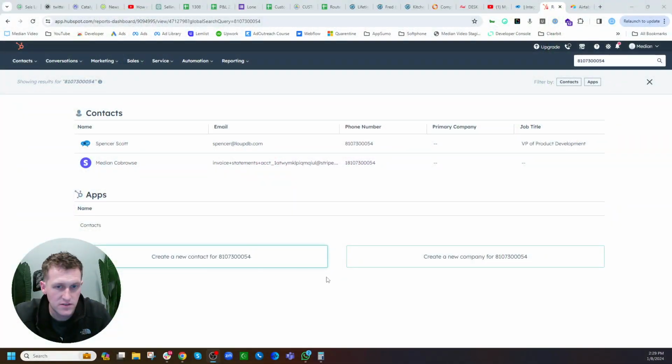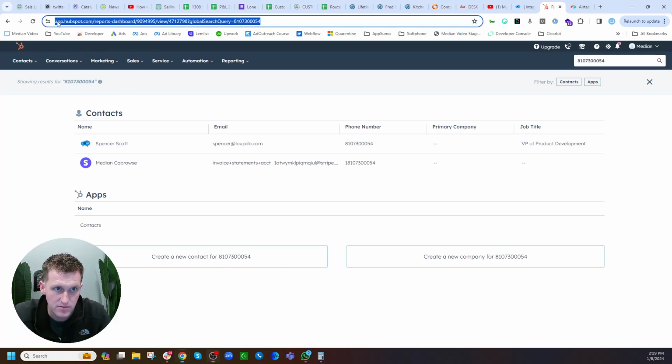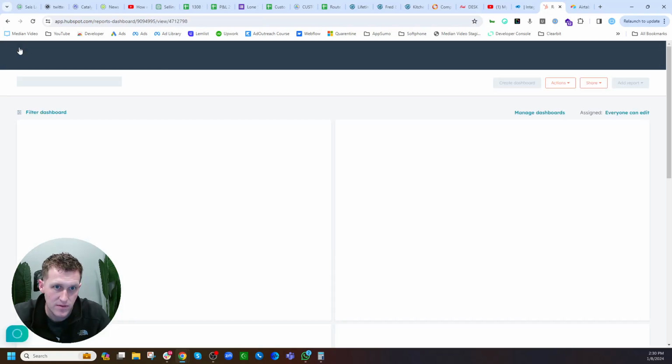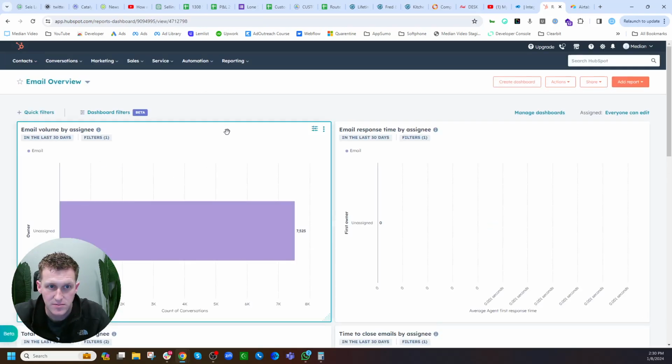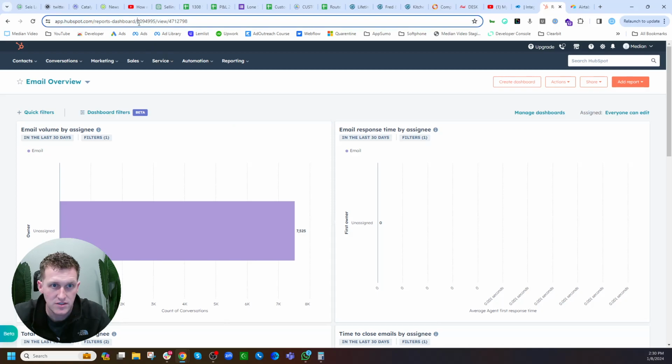So let's jump in. First things first, I started in HubSpot here. One thing I want to point out about HubSpot: we're in the app here, you see how it says hubspot.com, it says reports dashboard, and then it shows this number. This number is the serial number to my specific HubSpot account. No one else can access this without a login password. So even if I come to dashboard right now, you're going to see it shows my specific